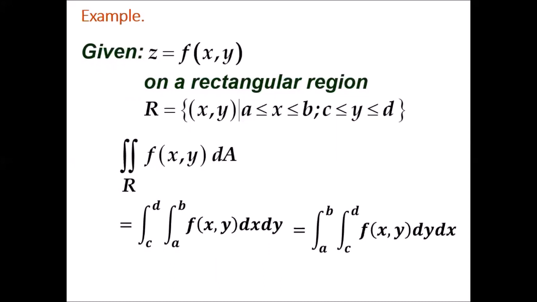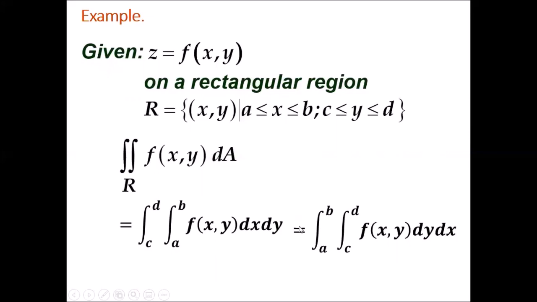Then our double integral of f of xy dA evaluated on the region R can be expressed as the following. First, we have an integral from c to d, integral from a to b, f of xy dx dy,